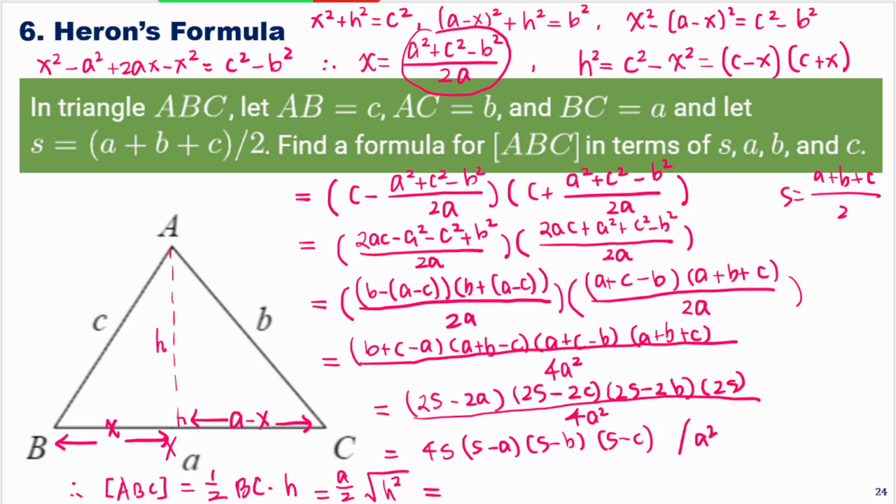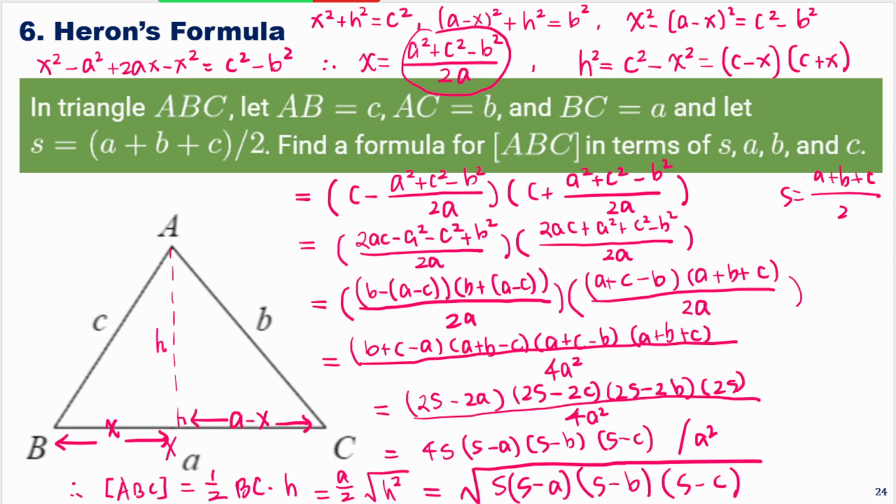And this simplifies to the square root of s times (s minus a) times (s minus b) times (s minus c). So this means if you know the three sides a, b, c of any triangle,